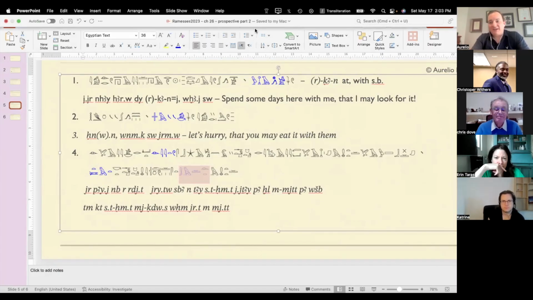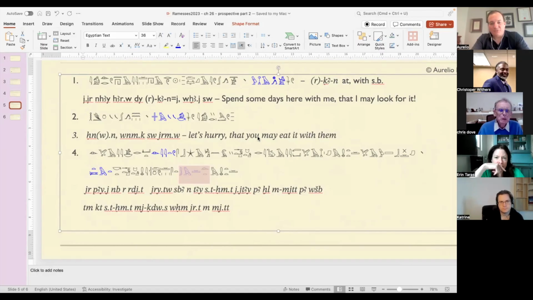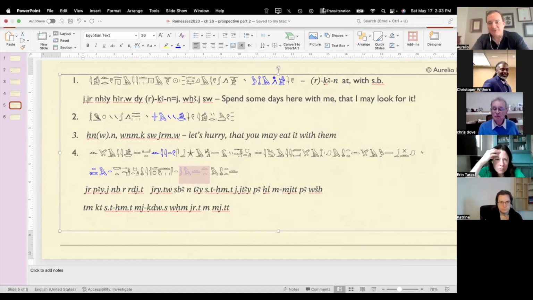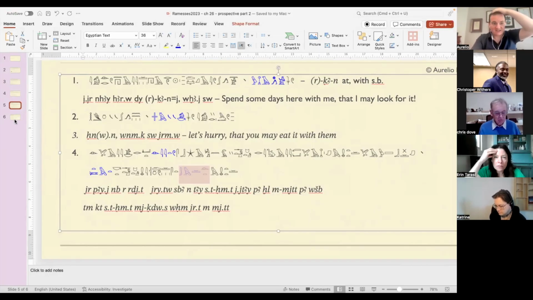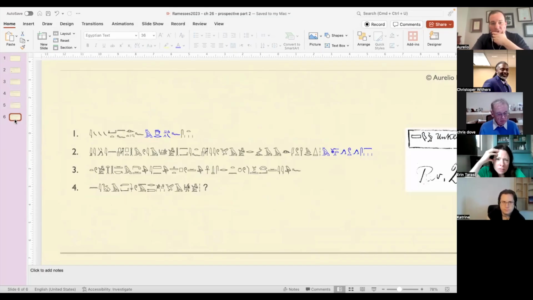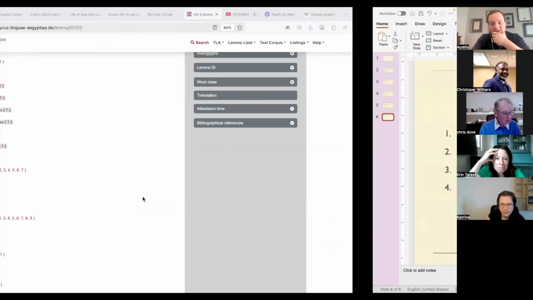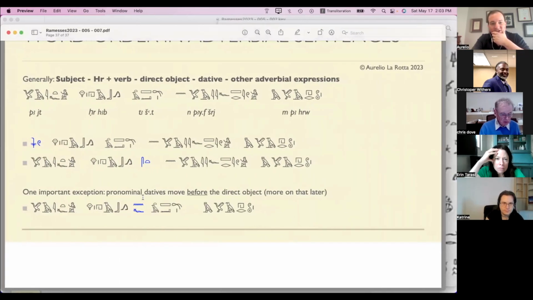Very cool. Should we break here? We're already at the hour. What we could do is I have four more examples for this. I can send them if you want to look at them. We just take them as homework. That's one option. I was just actually reading the text that last sentence came from.